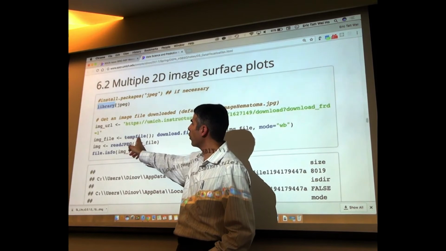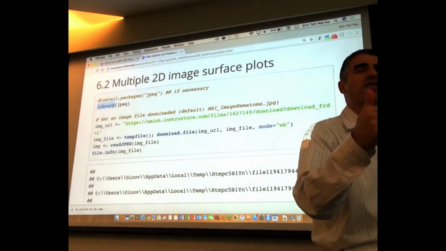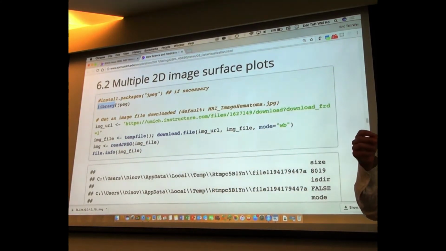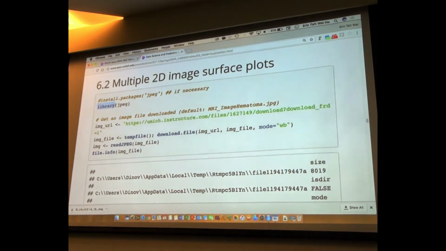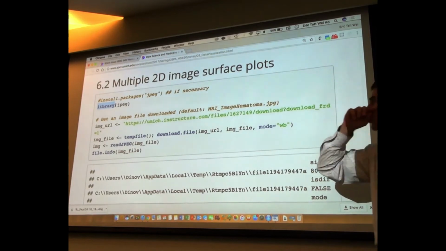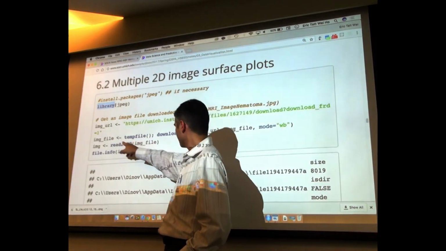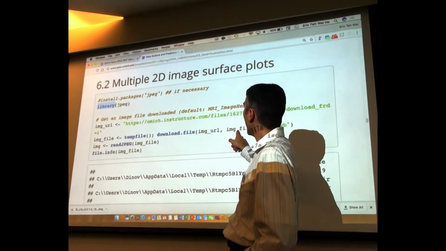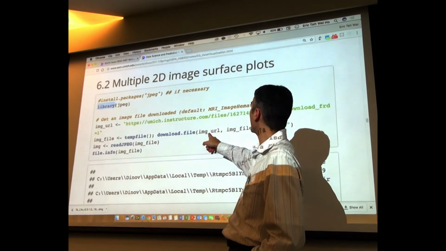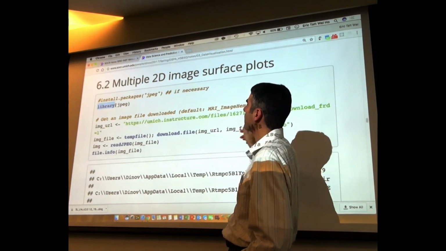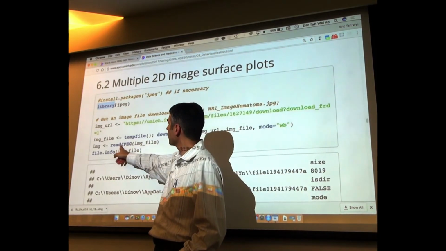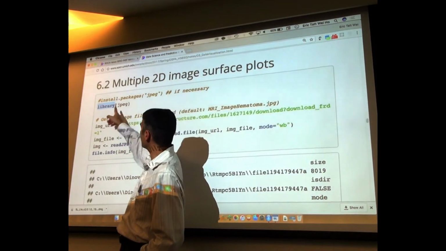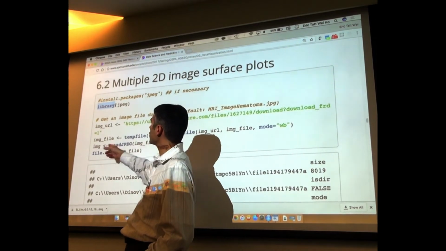This is a useful command if you want to generate in your system a temporary file name that you don't care about what it's called, and you want it to be wiped out once you close the R session. Okay? So it generates a random file name, and in this file name we're going to read from this URL address and write a binary file, and then we're going to convert that. The read JPEG image is part of this library,